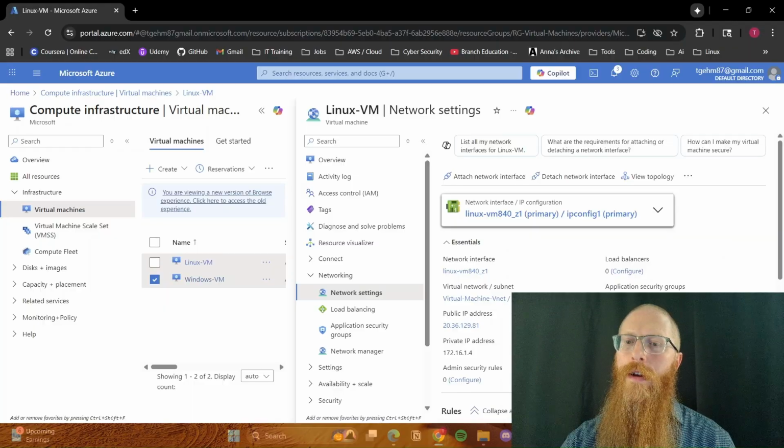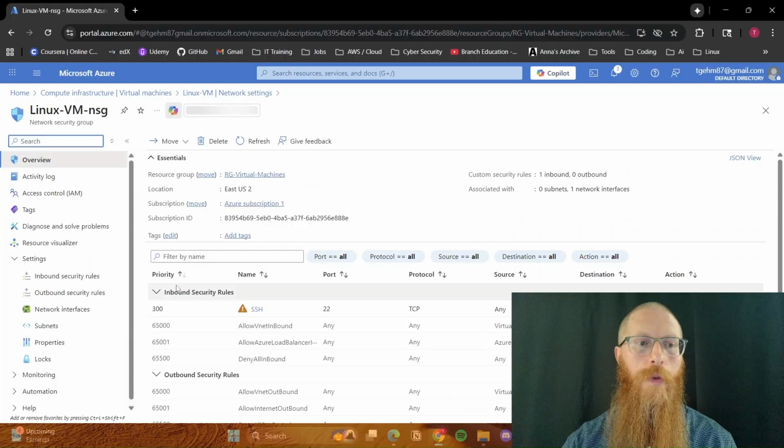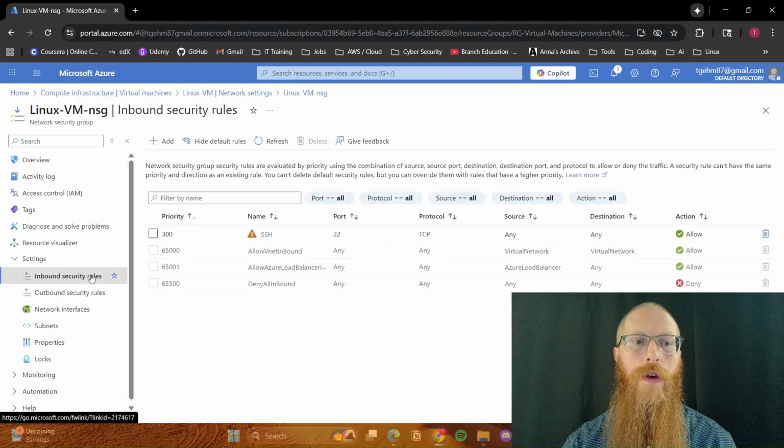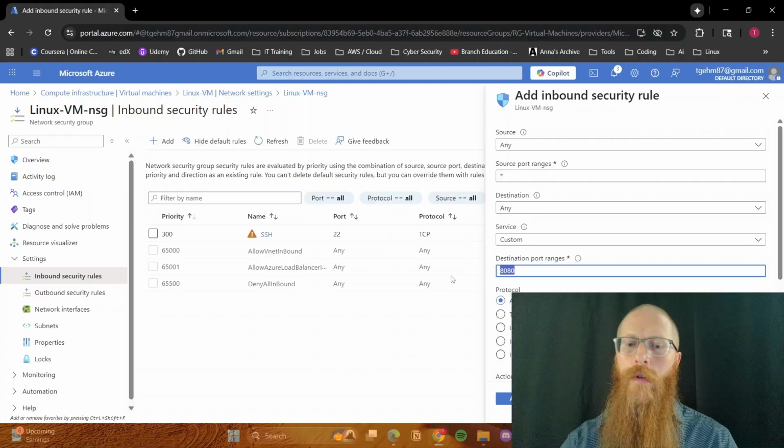Right here, we're going to find Linux VM NSG, and that NSG stands for Network Security Group. So again, that is the firewall that's used in Azure. So we're going to open that up, and we're going to go to Inbound Security Rules. Once we come over here, we're going to click Add, and we're going to change the port range to an